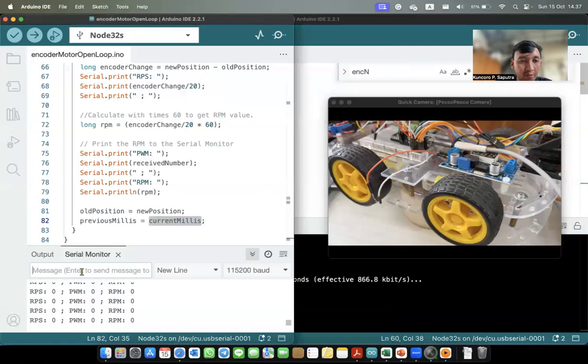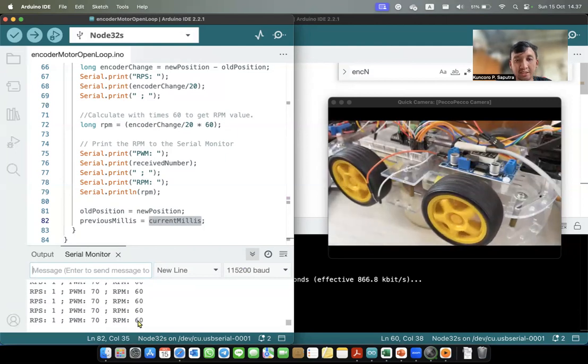Okay, I will set the PWM value starting from 0, not moving, and 10, 20, 30, 40, 50, 60, 70. Yeah, if we use PWM 70, the RPM value is 60.